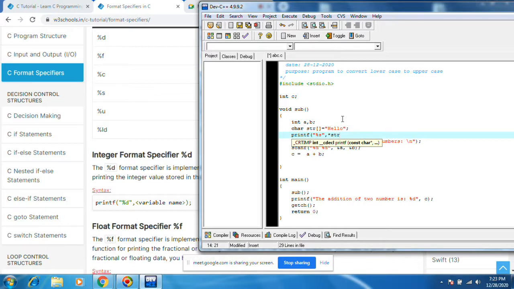You need to do it like this. Okay, save. Whatever the str holds, whatever the hello is, will be printed here.